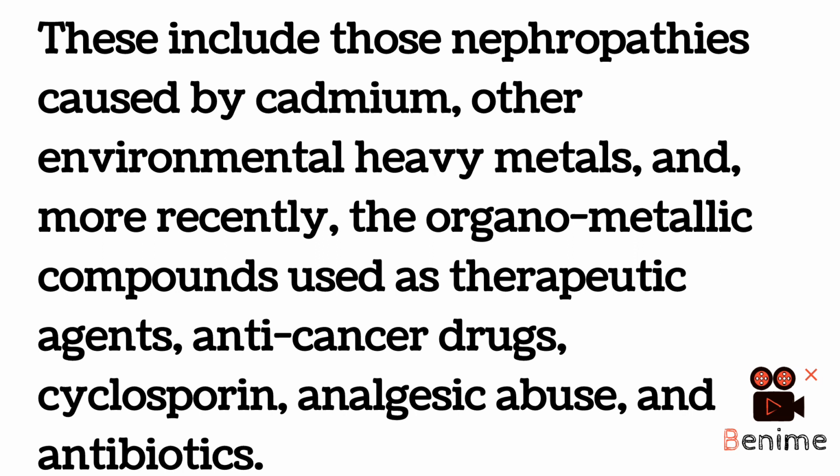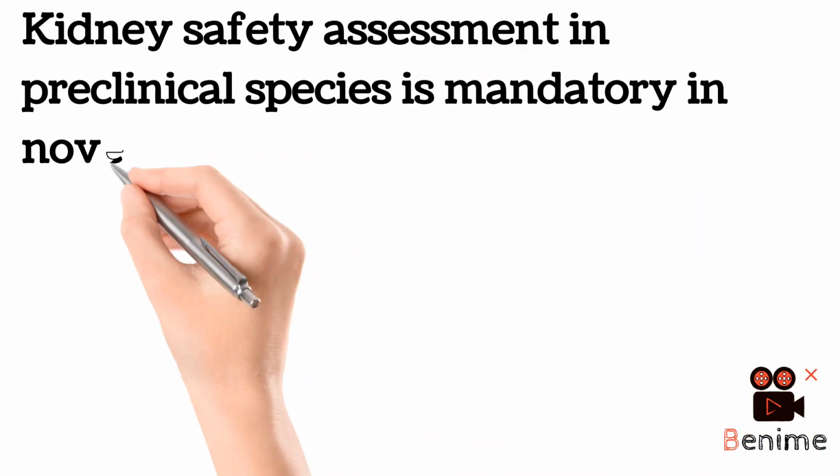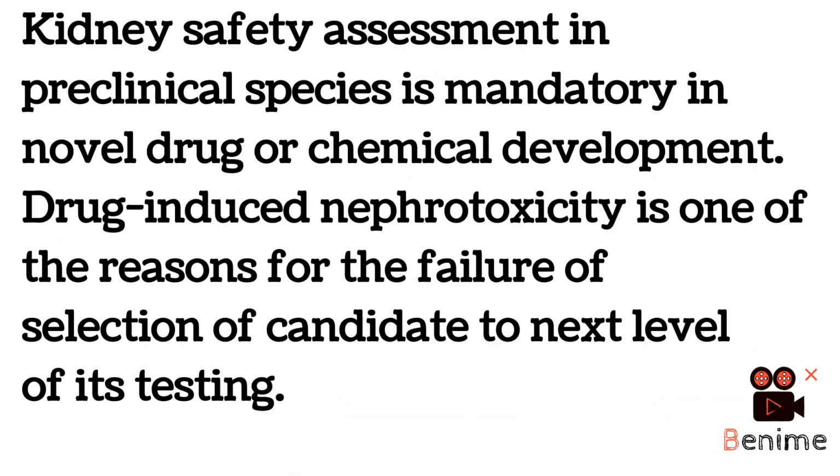You should know the specific compounds which affect the kidney, for example cadmium, cyclosporine. But in anti-cancer drugs, which chemicals cause damage? In analgesics, which are the analgesic drugs which cause kidney damage, that you should know. Further, organometallic compounds, which are they and how they cause toxicity. And so they cause nephropathies, because nephropathy is the term related to kidney diseases. So there can be various kidney problems.